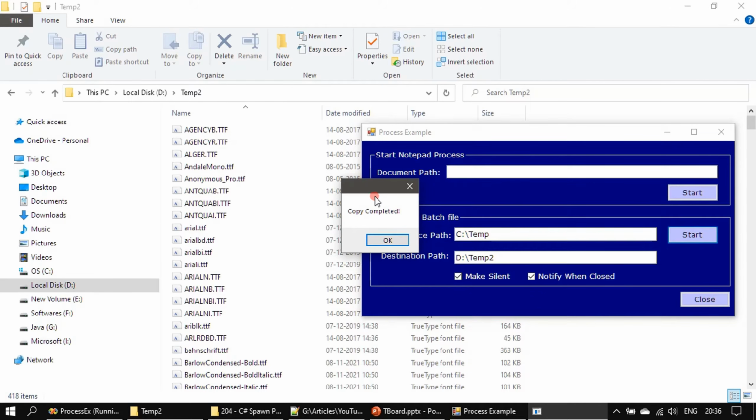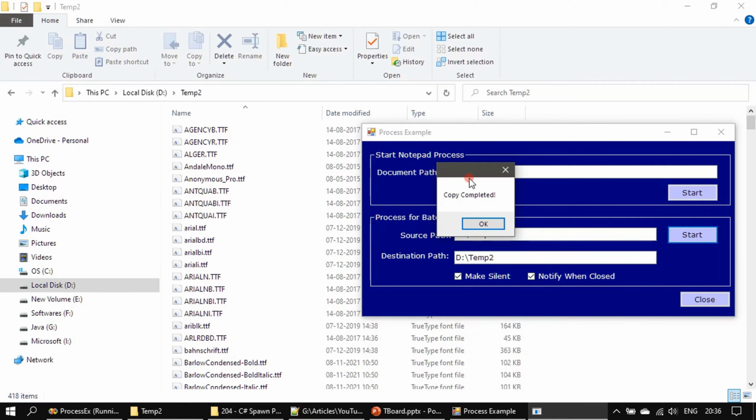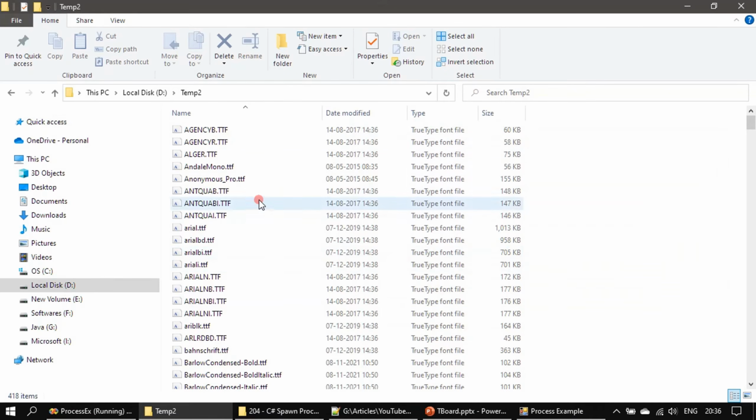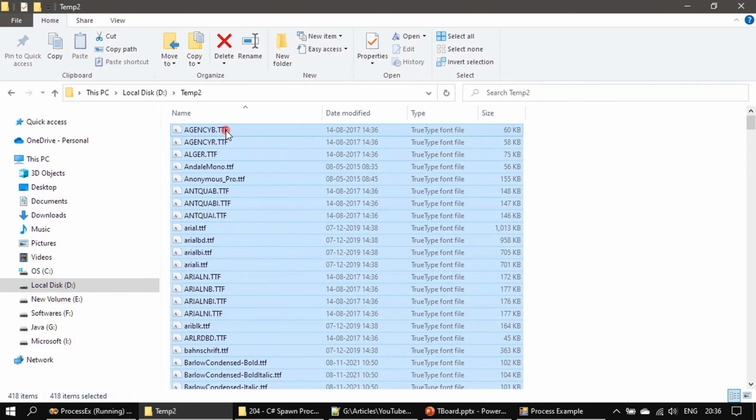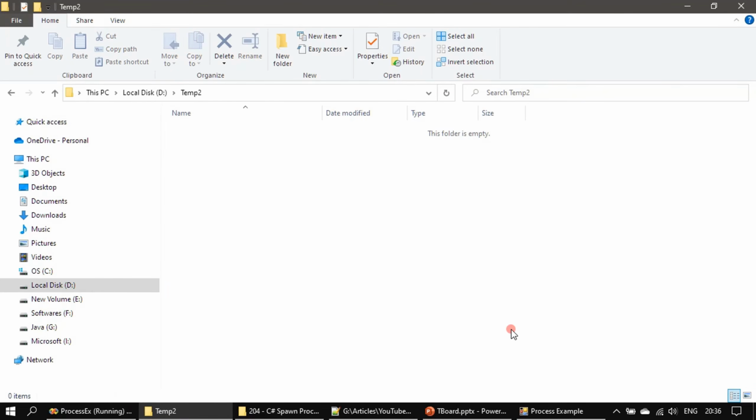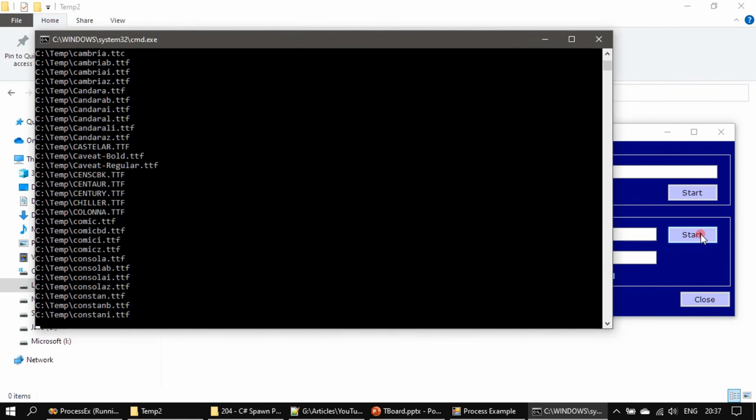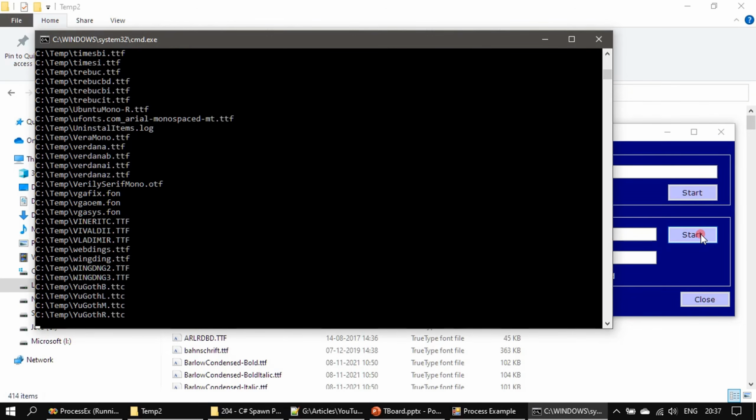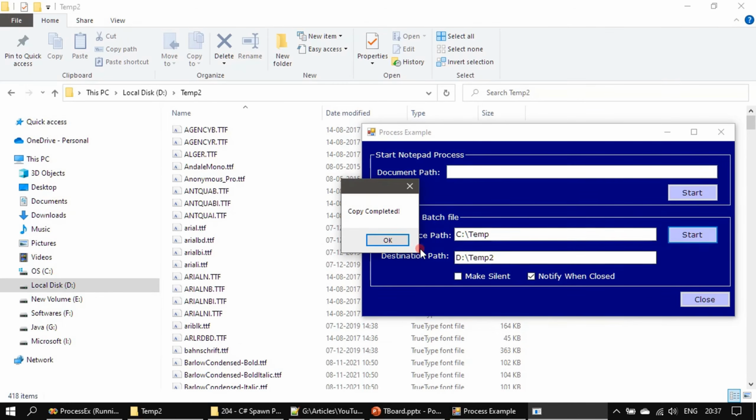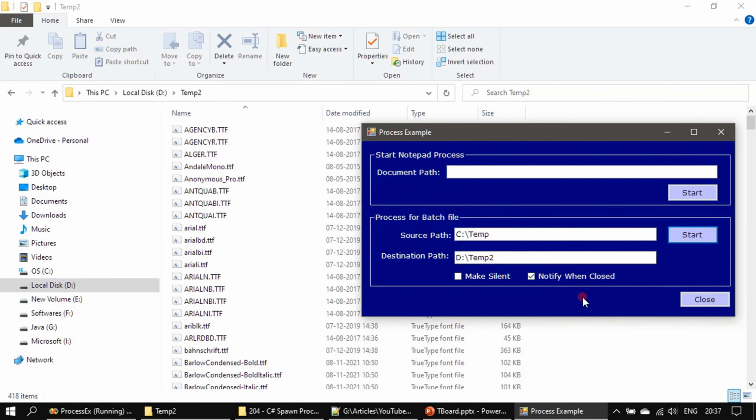And this time you are getting a message stating copy completed. And if you want to visually see that, we will remove this make silent. So you will get notify when closed, and you will see the background console window also, so that you can compare. See,